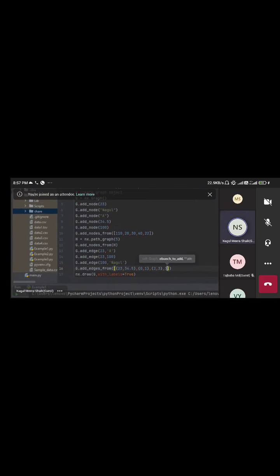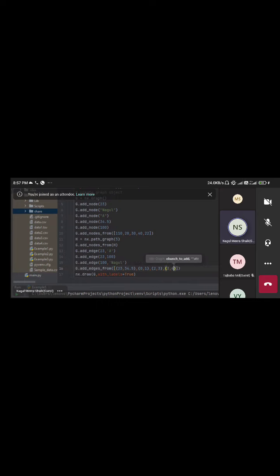I'm going to take 23, 34.5, that is one connection, which means the edge. Then 0 comma 1 is one connection, 2 comma 3 is another connection,